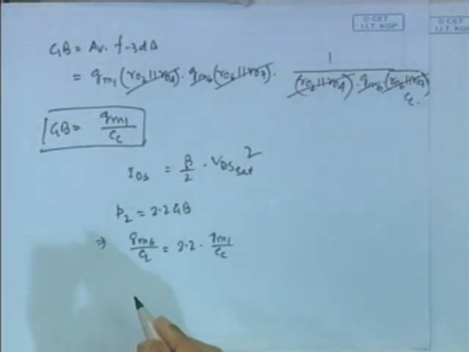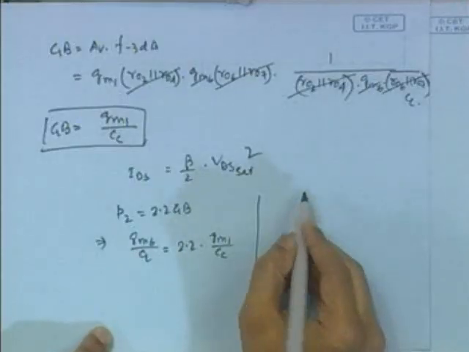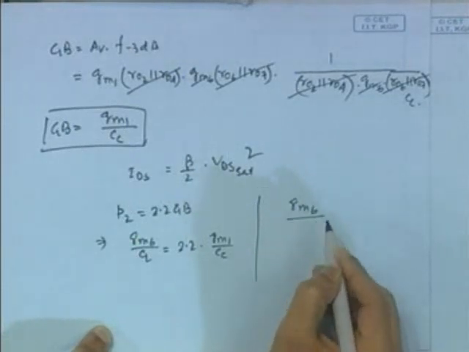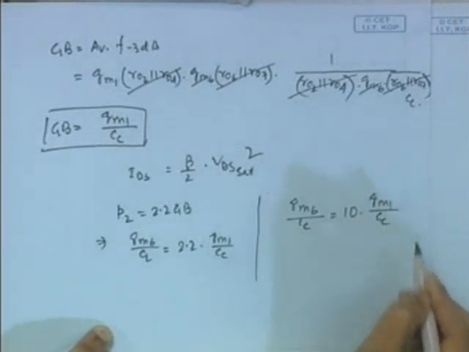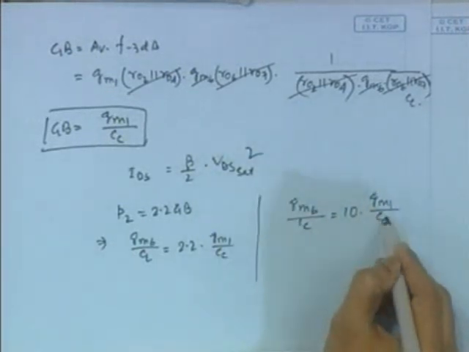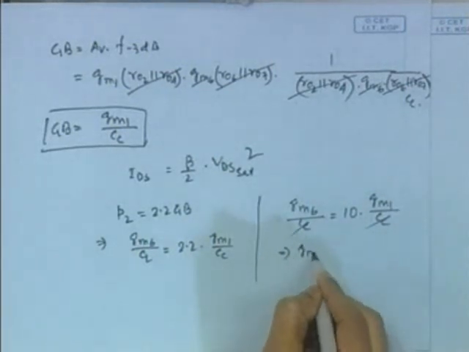Now the right half plane zero, that is Z1, was nearly 10 times higher than GB. For a good design Z1 should be far away from the GB, and we are assuming that this is 10 times. From our last day problem it was 10 times higher than GB. So what is that relationship? Z1 means GM6 divided by CC, and it is 10 times higher than GM1 divided by CC for the GB. So CC cancels out, so GM6 is basically 10 times GM1.